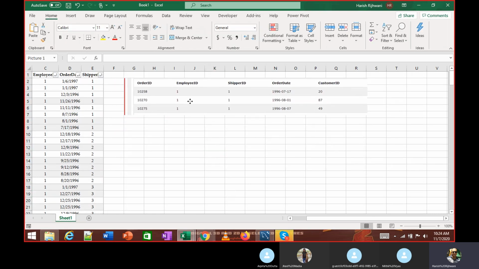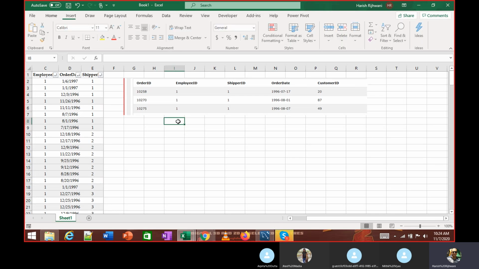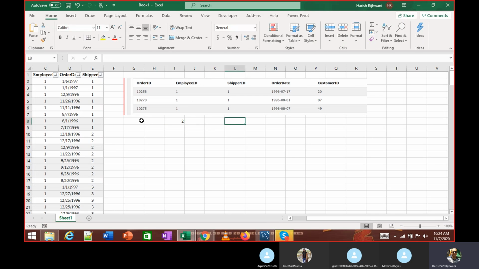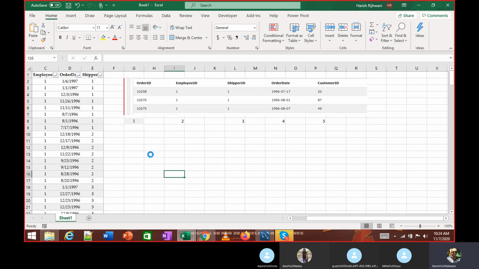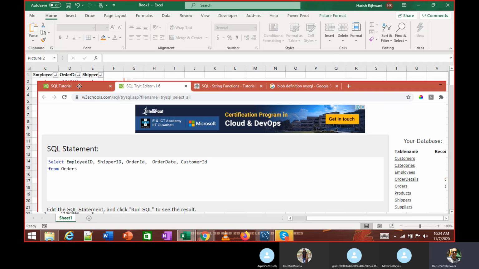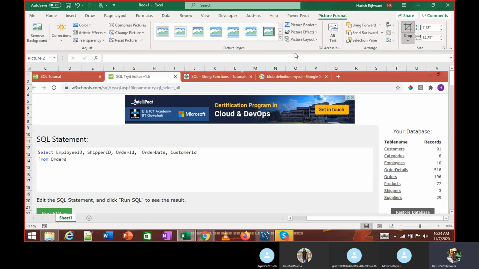Because of this, I am saying order by 2. So this is my column number 1, 2, 3, 4 and 5. Clear? This is what I am doing, 2, 3, 4, 5. Now I change this to employee ID, shipper ID, order ID, customer ID. I have changed this. Now again if I crop it,